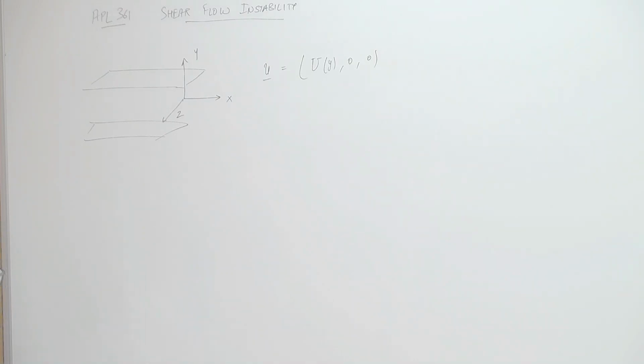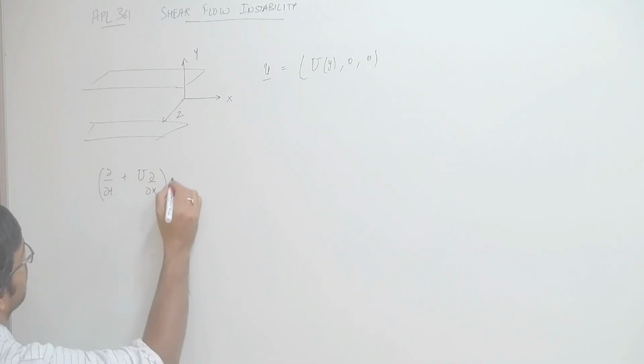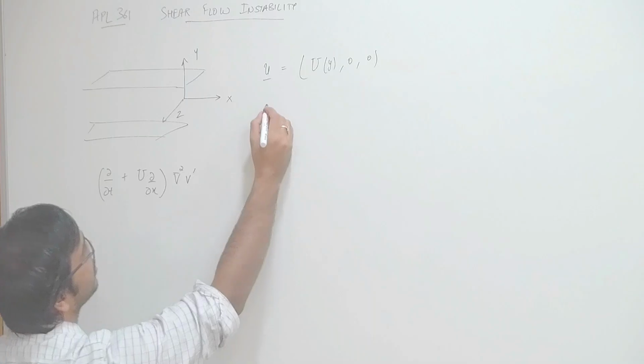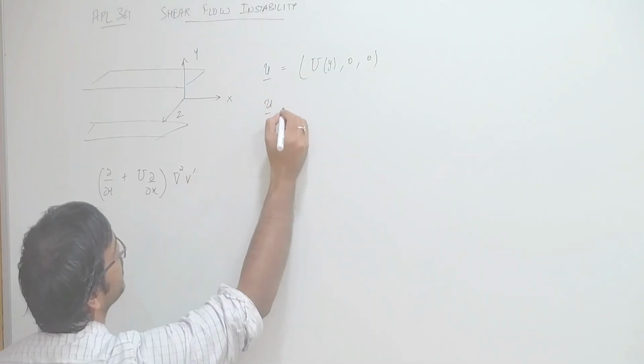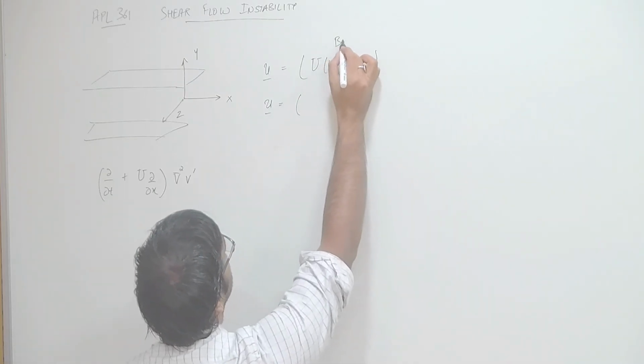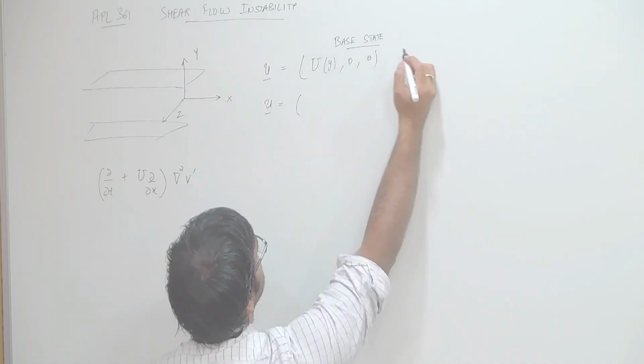We had derived the governing equations for perturbation. So we had derived this so-called Orr-Sommerfeld equation, which is basically the fourth order PDE. So if this is y direction velocity perturbation, so we had said that u is, let's say, this is base state, and then the pressure in base state was,